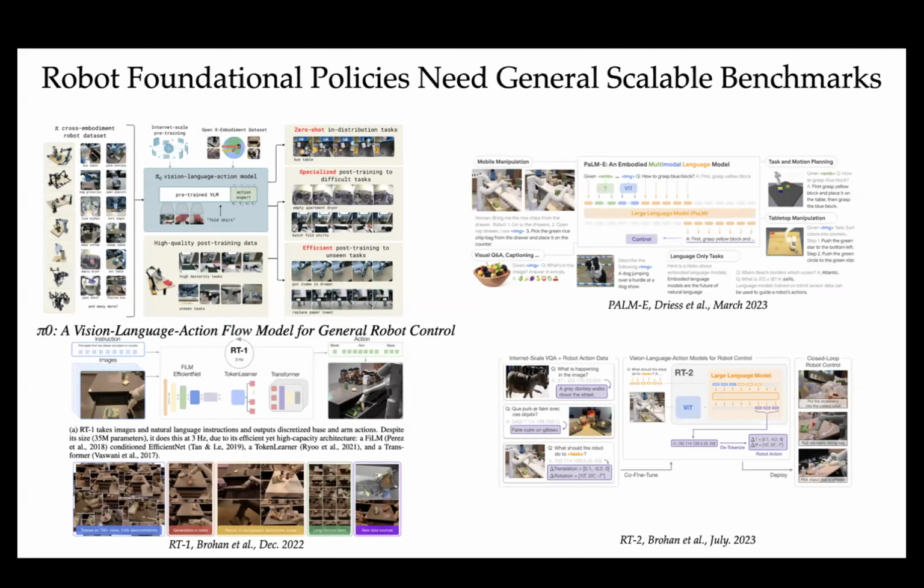So we see robot foundation models, and we saw many in this conference as well. And these are policies that are generalists, and they can achieve more and more tasks, right? They can attempt more and more tasks. And as the capability of our policies increases, their benchmarking becomes harder and harder. Because